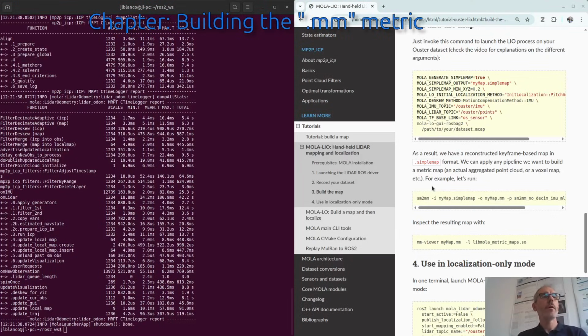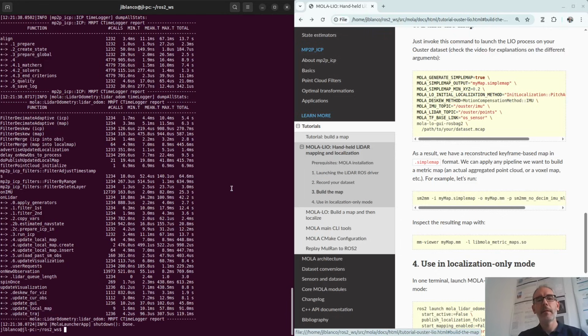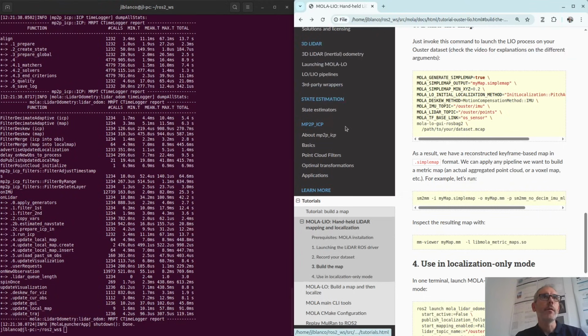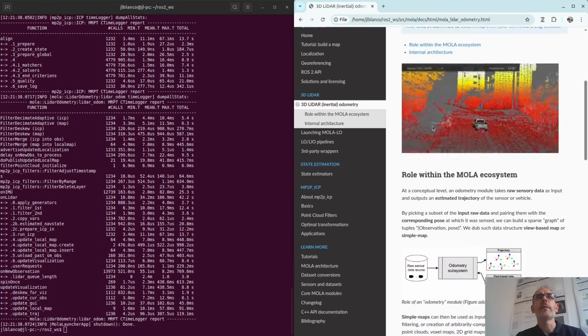Good. So we have our simple map, which is the keyframes map, incorporating the information about the position of the robot and the raw scans. And from that, we can build 3D maps, or a grid map, or a voxel map, or whatever. So that's the flexibility that we have in this Mola framework. This is explained here, by the way, if you go to inertial odometry.